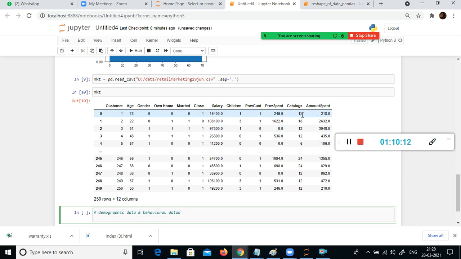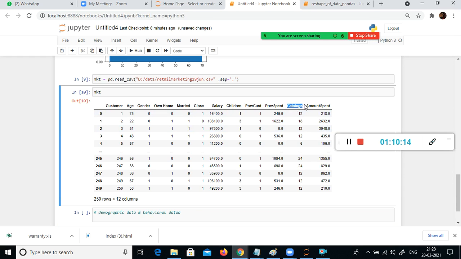What is a catalog? Catalogs are nothing but brochures. You send the catalogs to the customers periodically, once a month or once a fortnight, whenever there is a discount on a specific product or category, let's say grocery items.